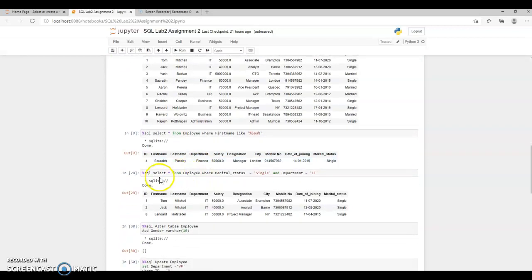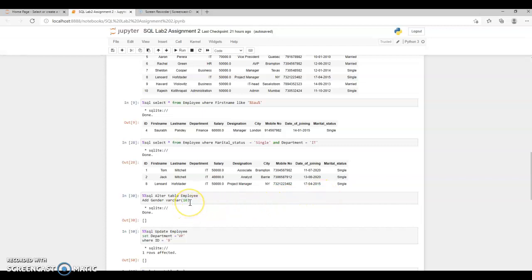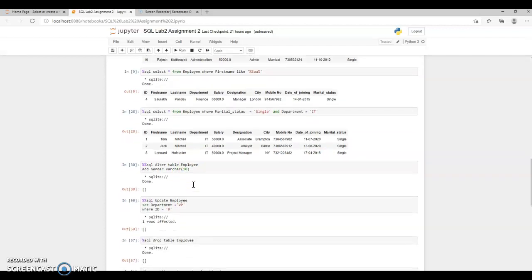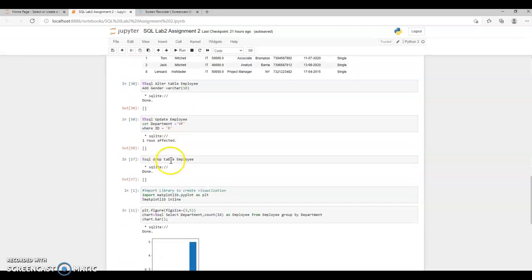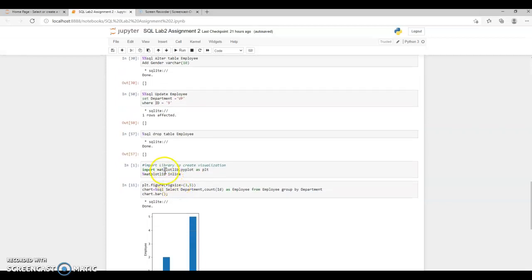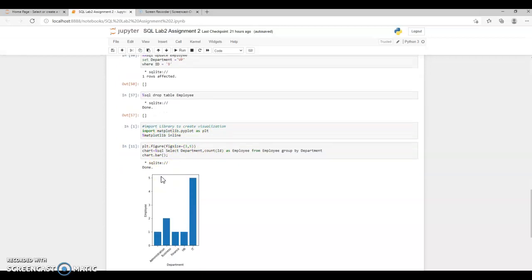Once it's been done, now I need to check the database for the persons whose marital status is single and the department is IT. As we have written the command, we can see that we have got 3 records who work in the department IT and whose marital status is single. In case I need to add one more column, we can also use the ALTER statement to add a gender column in case you have forgotten, and after that you can update the column. You can drop using the DROP command, and